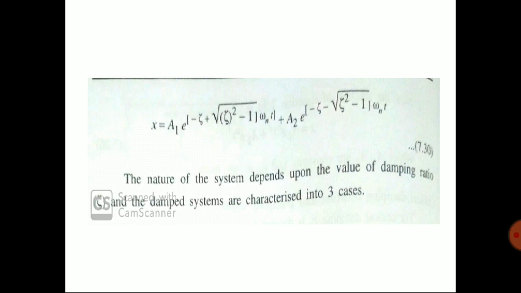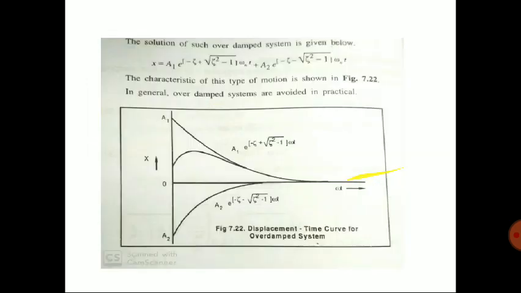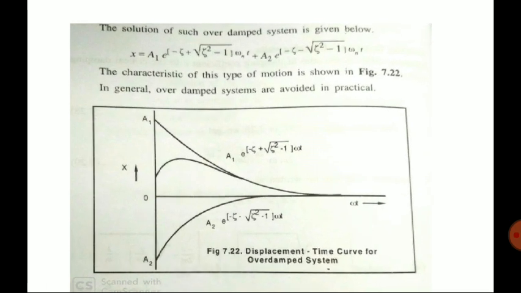From this you can see that the system depends on the damping ratio and on the angular frequency, and t means the time period of oscillation. So the amplitude of vibration depends on three factors. First, theta, the damping ratio; omega n, the natural angular frequency; then t, the time period of oscillation. Next we are going to the different cases.